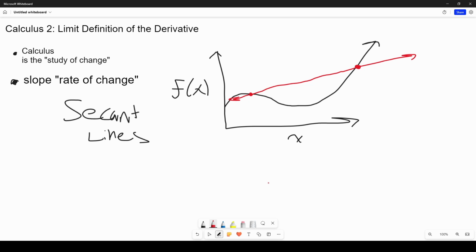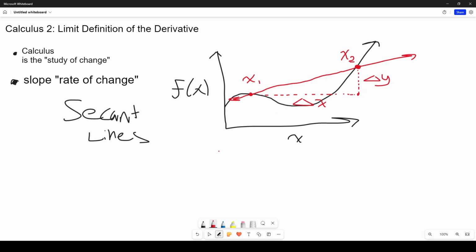A secant line has a slope, of course, but how do we calculate that? Well, let's look. Slope is commonly calculated as rise over run. So I'm going to draw a little right triangle here to calculate the rise and the run. And just to get used to some notation you might see in calculus, I'm going to call this the delta y and this the delta x. All this means is the change in y values, and this is the change in x values. So if this is x2 and this is x1,